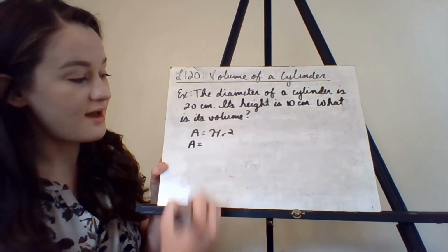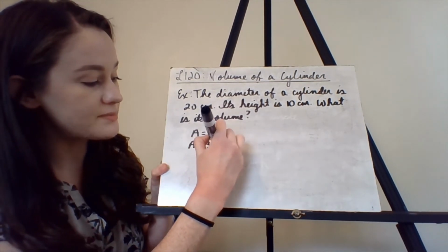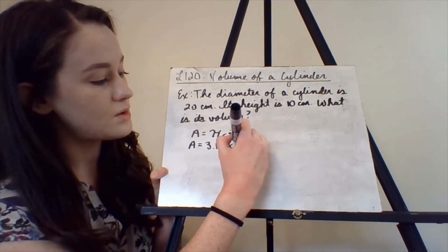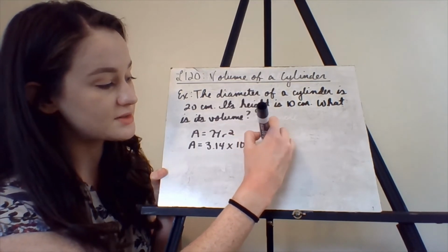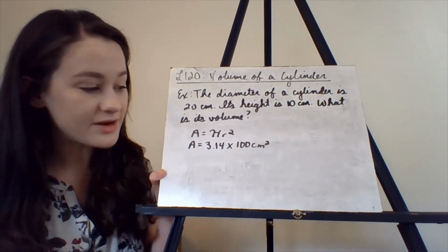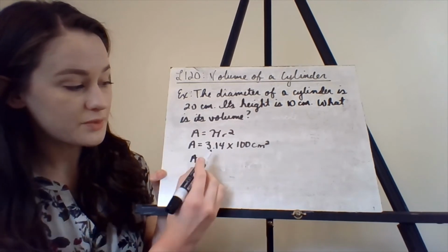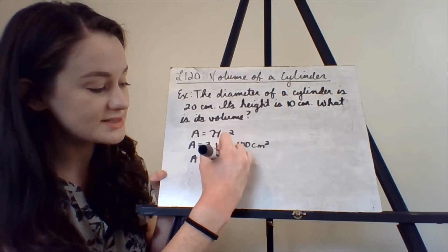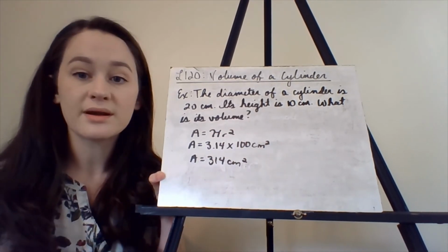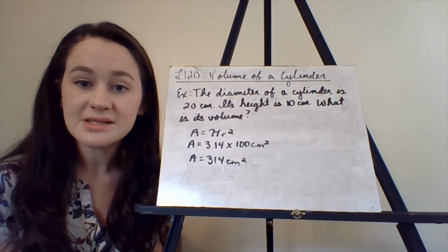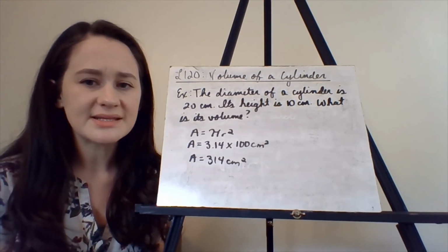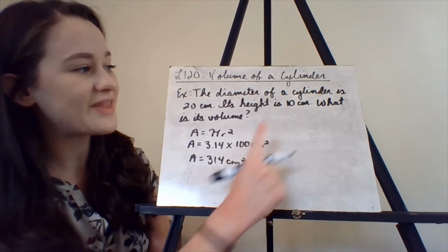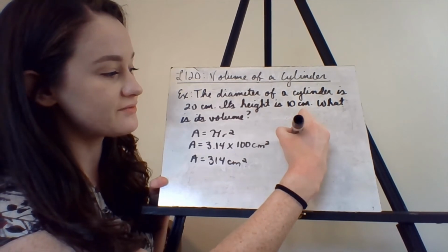So the area of the circle at the bottom would be pi, 3.14, times 10 centimeters squared, which would be 100 centimeters squared. So we know that the area then would be 3.14 times 100. We'll move our decimal place twice to get 314 centimeters squared. That's the area of the base, the circle on the bottom. Now, in order to find the volume, we need to multiply this area by the height of the cylinder. We're told that the height is 10 centimeters, so the volume will be